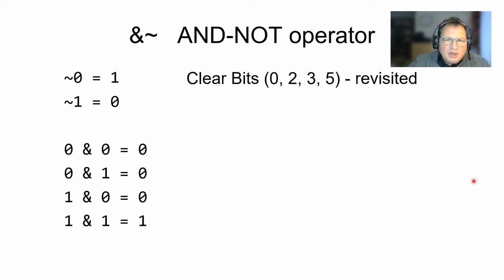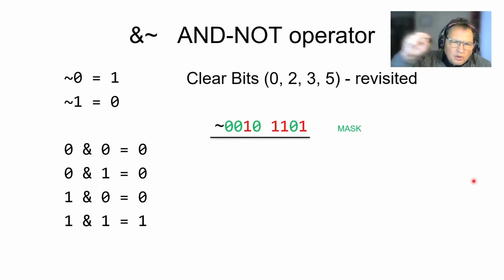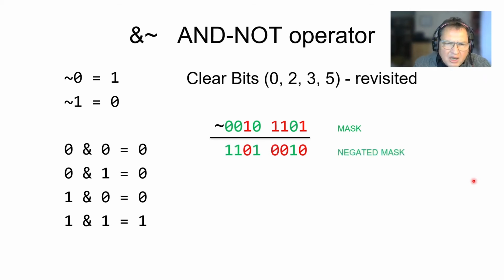And this new way is based on our usual mask, so not a negated mask. The use of the AND NOT operator will first of all negate our mask, creating a negated mask, and then apply the AND operation on the actual number that we are testing, creating